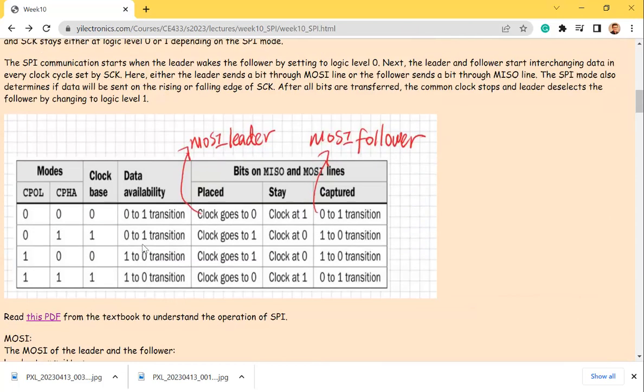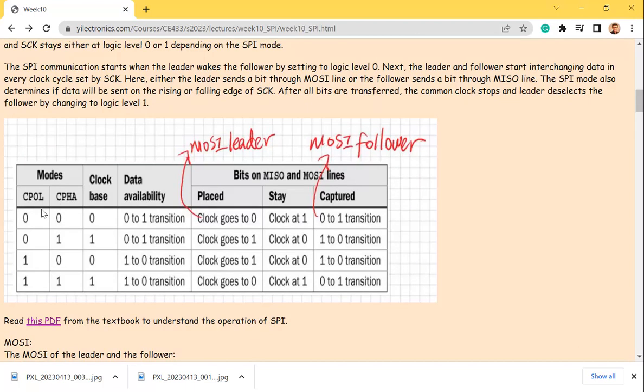It's summarized in this table here. The names of the modes are not even being used on the hardware, just a code for people to understand or memorize. So 0, 1, 2, 3, 4 different modes